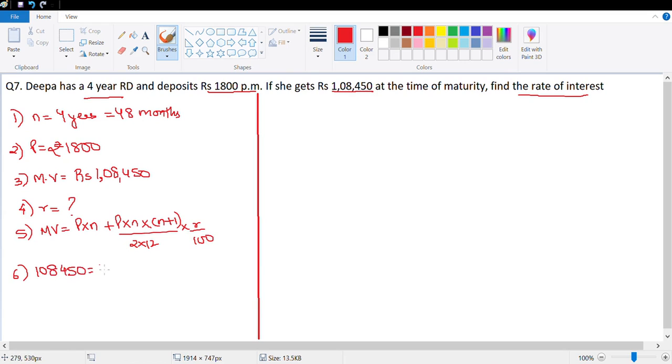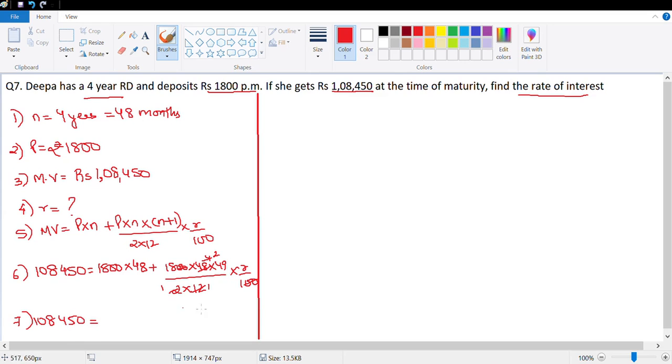Principal is 1800. N is 48 plus principal, that's 1800 into 48 into 49 upon 2 into 12 multiplied with R upon 100. 00 and 00 gets cancelled. 12 1, 12 4, 48, 2 1, 2 2. What we have is